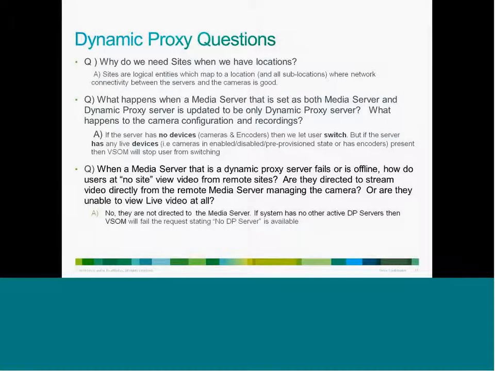If the dynamic proxy server fails and I am not at the remote site, what happens? Does it automatically make a connection to the remote site to get the feed? The answer is no. You will not see a feed. VSOM will say that you cannot see the feed from a remote site at the location. You need to change your location. The workaround for that is you change your location as being on the remote site, and then you'll get the direct connectivity. But you need to be aware that you're taking